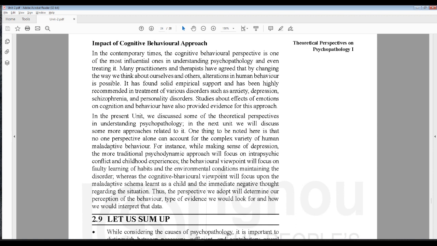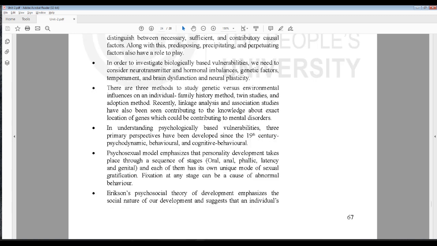2.9 Let us sum up. While considering the causes of psychopathology, it is important to distinguish between necessary, sufficient, and contributory causal factors. Along with this, predisposing, precipitating, and perpetuating factors also have a role to play. In order to investigate biologically based vulnerabilities, we need to consider neurotransmitter and hormonal imbalances, genetic factors, temperament, and brain